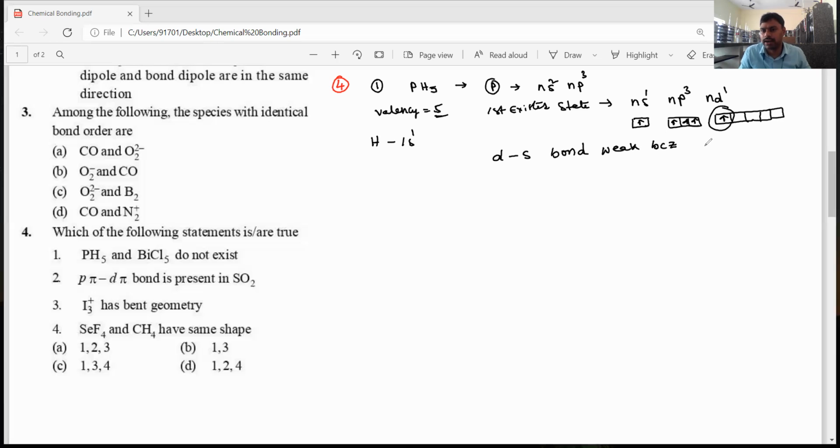The bonding between d orbitals and s orbitals is very weak because of weak overlapping,